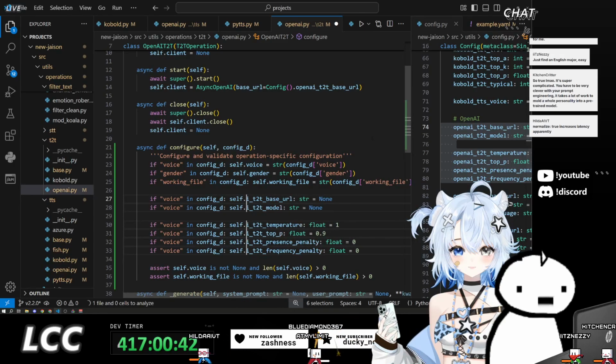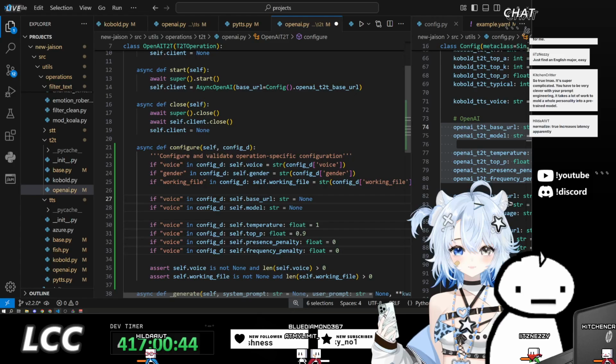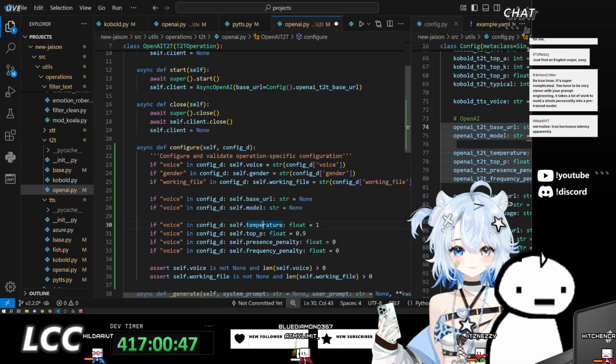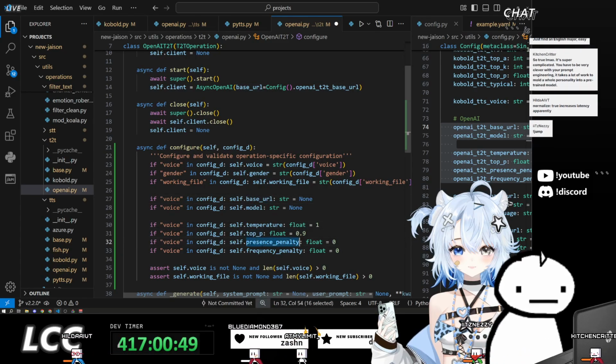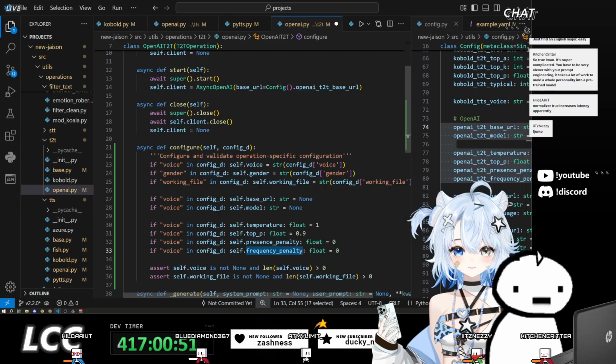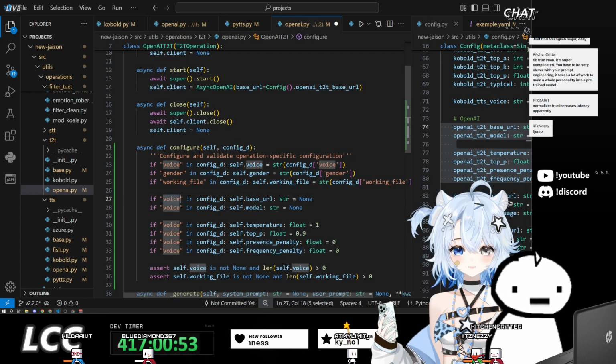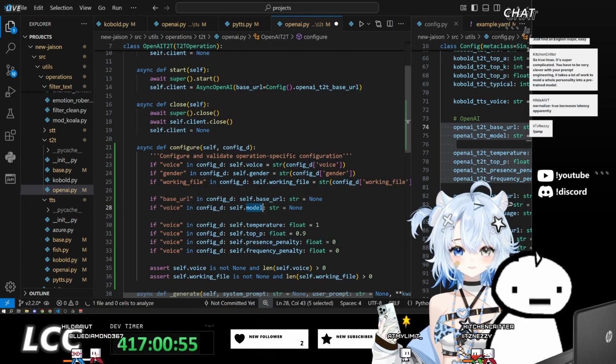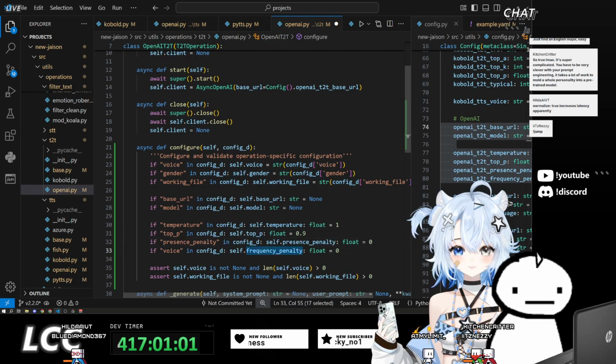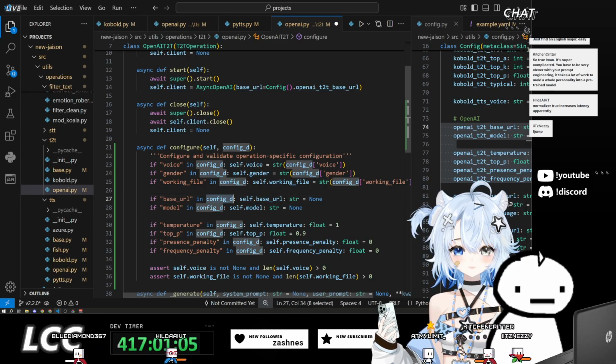We don't need the OpenAI text in front of it. We just need base URL, model, temperature, top p, presence penalty, frequency penalty, all of that should be fine. Take base URL, model, just copy all of these over. Cool. Config D.